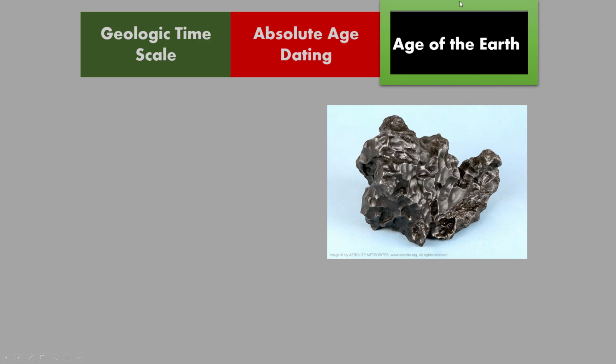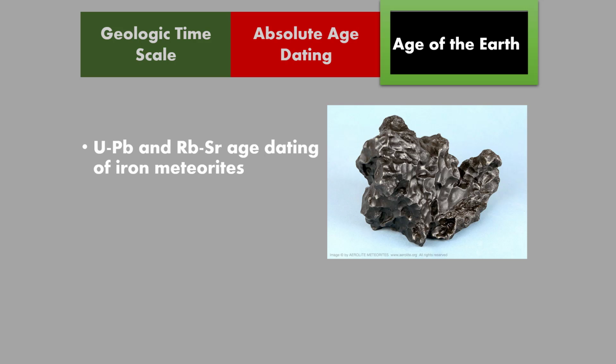talking about this. So the age of the Earth can be inferred by studying some of those meteorites that are found in the asteroid belt between Mars and Jupiter. So here is a picture of what's called an iron meteorite. An iron meteorite is actually believed to represent the core of the failed planet that existed between Mars and Jupiter. And what we can do is use 2 isotope systems that have really, really long half-lives. We can use the uranium-lead dating system, and we can use what's called the rubidium and strontium